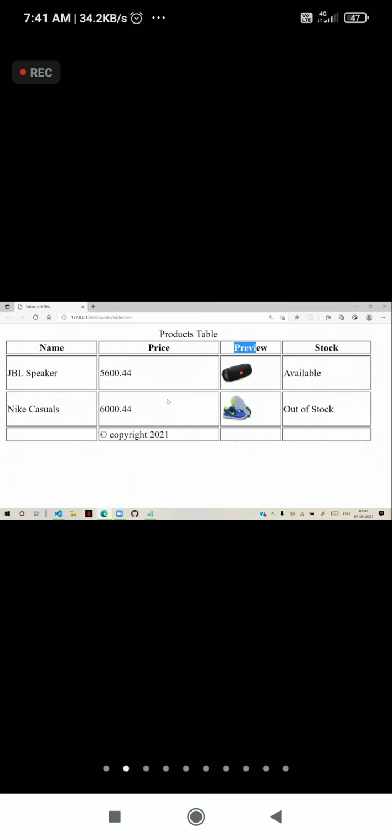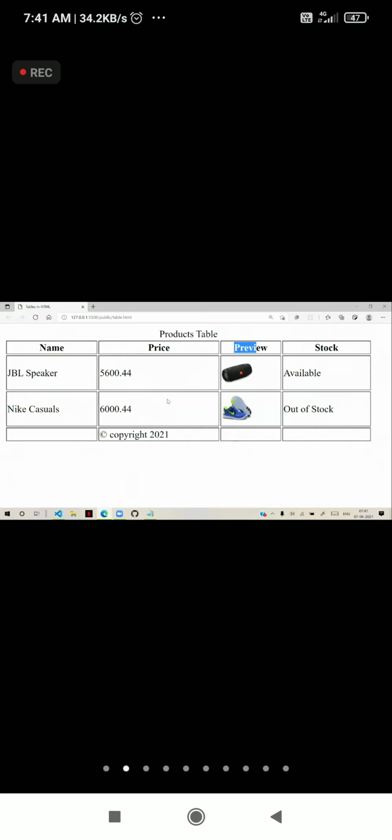And remember, border has only two values. 0 means no border and 1 means border. Don't think that it is size of border. So this is not size of border. 1, 2, 3, not size.